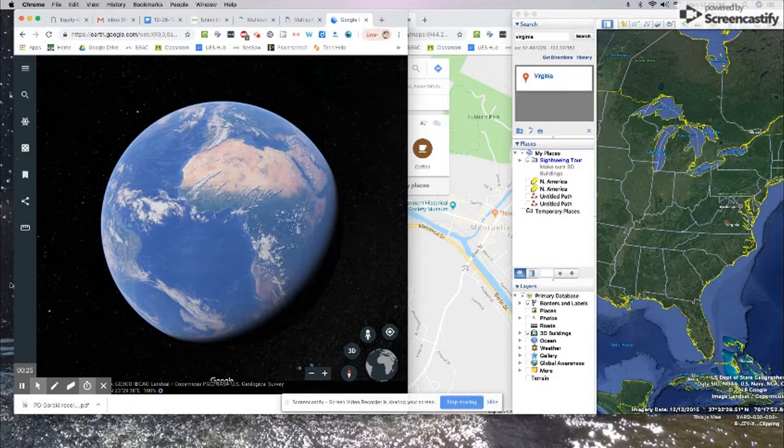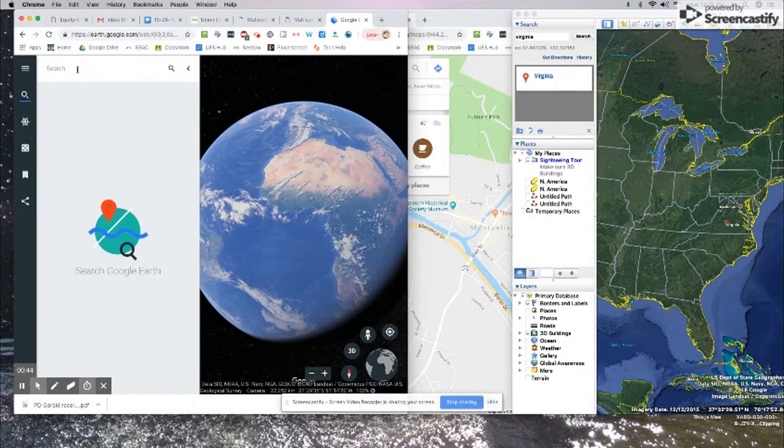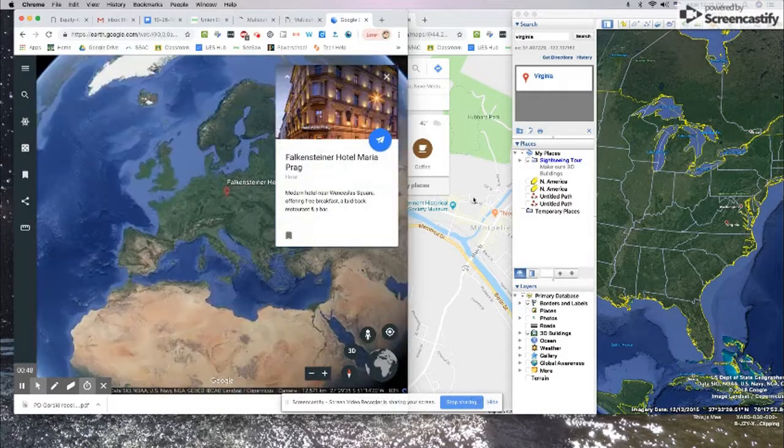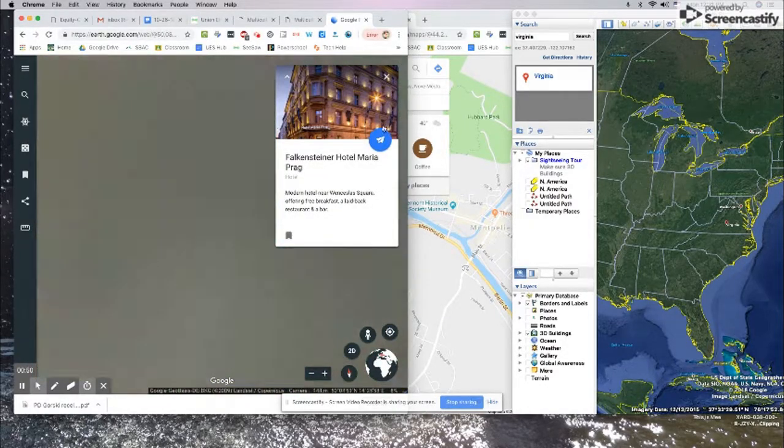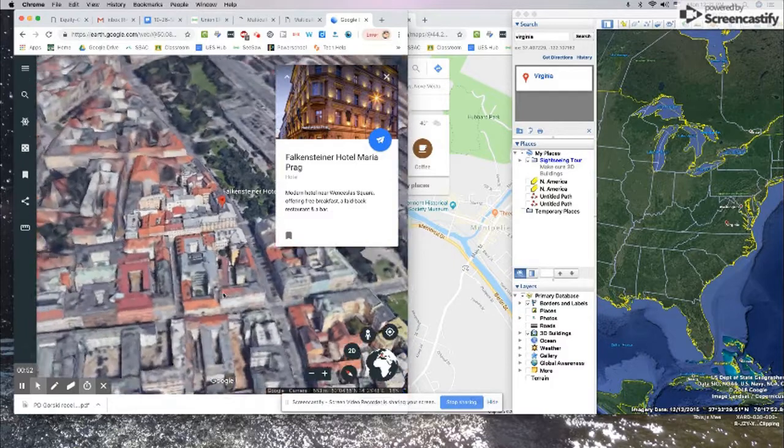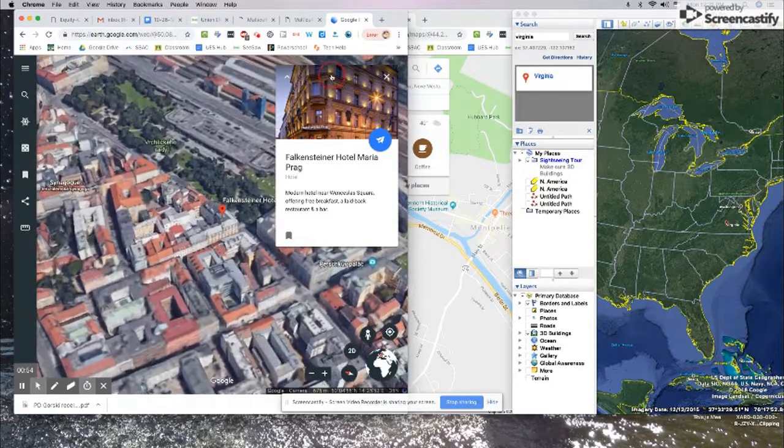This is the newest version of Google Earth, and now it's in the browser, so you're sort of independent there. Similar tools. It's a lot simpler in this interface than it is on the desktop version. It has a couple of extra things. I'm just going to look through a quick search here, and we're going to go to the Falkensteiner Hotel, Maria, Prague, and pop down here for a second. So